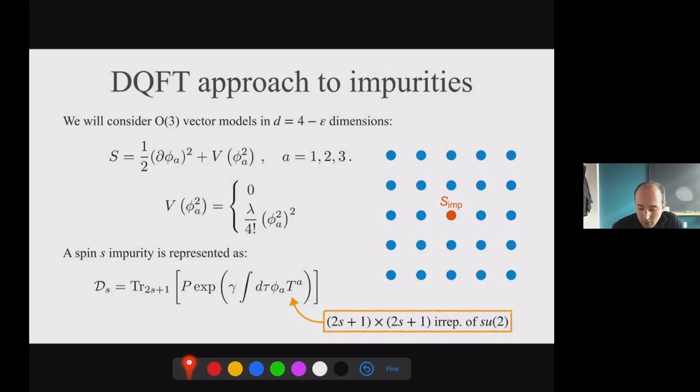How do you model a spin-s impurity in such a system? It's relatively easy. A spin-s impurity has 2s+1 degrees of freedom according to the representation. So you just have to couple the bulk scalar field to some matrix in the appropriate representation of SU(2) and integrate over the line, because you want to have effectively a 1-dimensional defect. There is an arbitrary coupling, a trace, and a path ordering, pretty much like in standard Wilson lines. So this is a problem equivalent to the Wilson line in a technical sense. Let's start discussing the free bulk case.